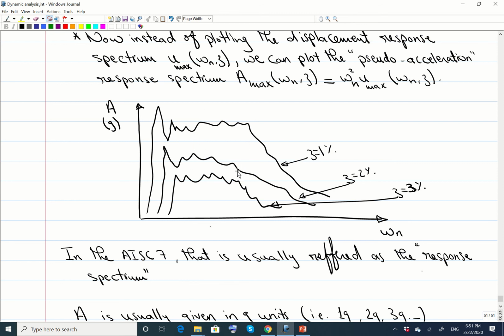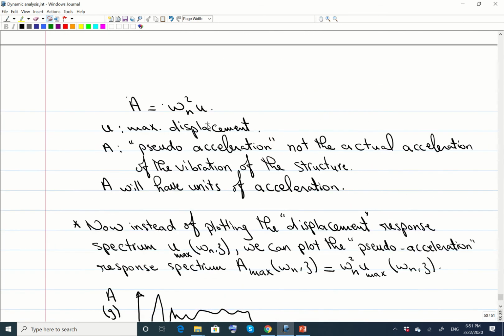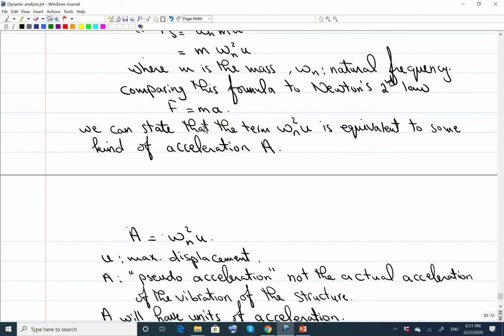So based on the frequency, you're going to calculate the frequency. If you have a single-story building, you're going to calculate the natural frequency of the building as square root of k over m. If you have a multi-story building, as we learned, you're going to do a modal analysis, find all the frequencies of vibration, and then pick the smallest frequency of vibration, and then come over here, find how much A is, and then you're going to multiply this A by